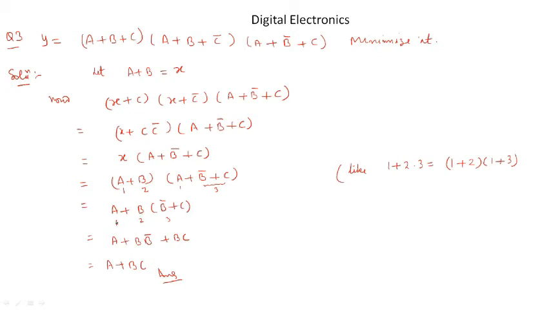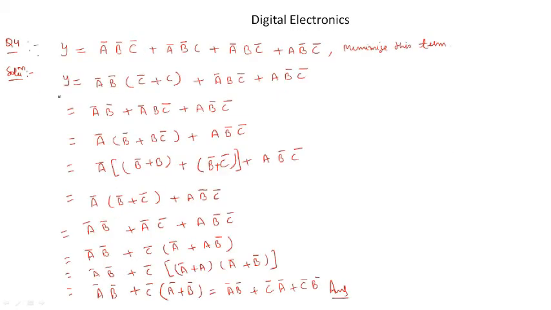This is your first term, this is your second term, and this is your third term. So when we solve it, we will find a plus b bar plus bc. You know that b bar is equal to 0, so your result will be a plus bc. The next problem is that